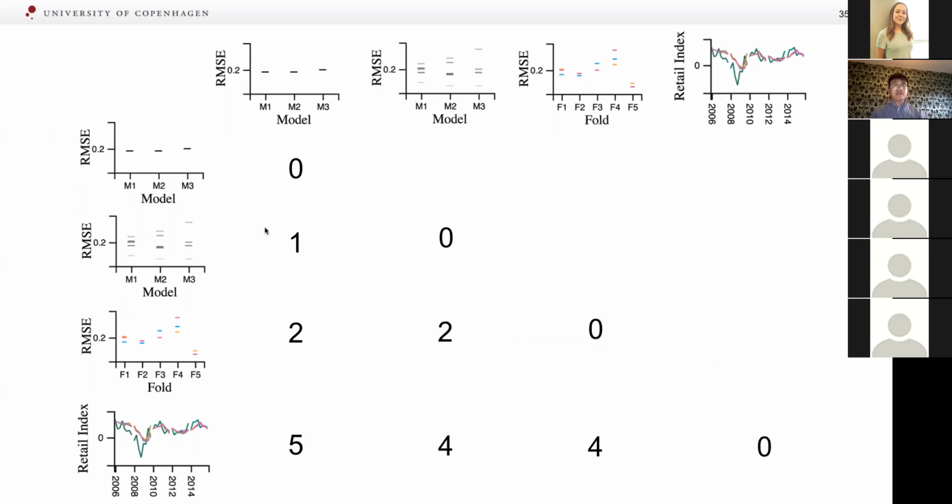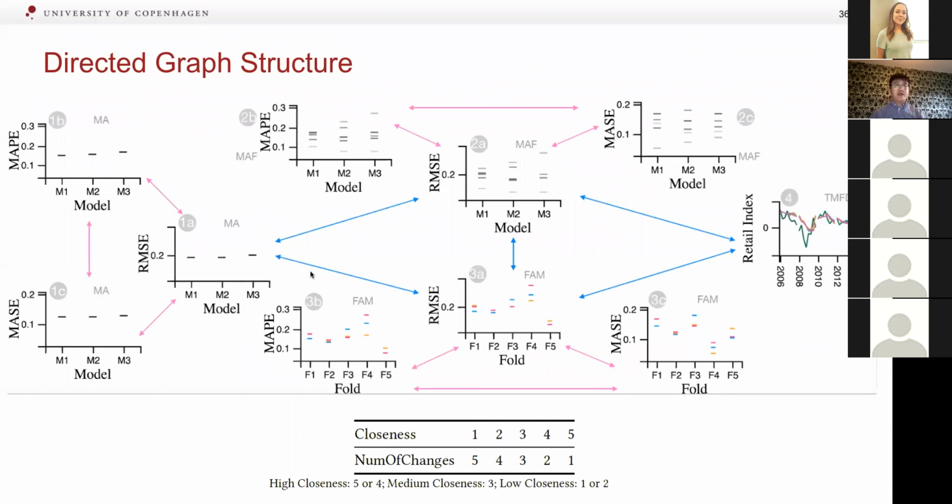This figure shows the number of changes needed from one chart to another in grammar. The furthest is 5 changes, but the lowest is 0. And then we connect these charts based on the closeness shown in the previous slide. And the color of the arrows indicates whether the connected charts share the same grammar or not. For example, plots connected by pink arrows share the same grammar. And we use this structure to get the navigation.